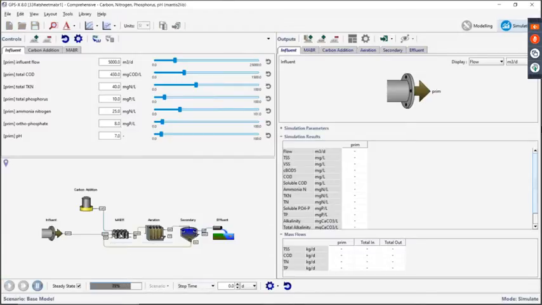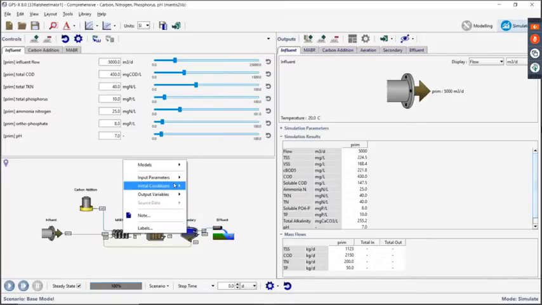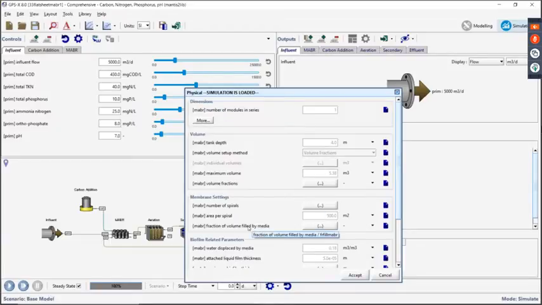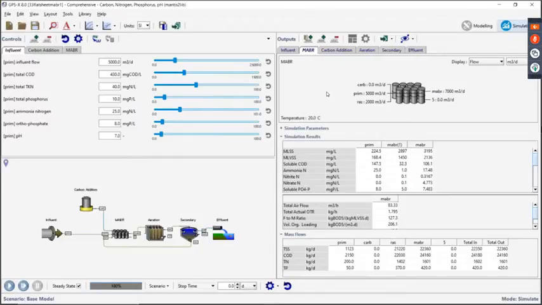You can see this particular unit, for the example that we've set up here, is being used to take some of that load of BOD removal and nitrification up front here, and being able to do that by specifying things like the number of modules in series, the number of spirals that are found within each module, and then we calculate the total surface area from that. And then we apply very much the same type of biofilm model that we do in our other biofilm models in GPSX. So you can look at a lot of the details around what's going on in this MABR unit.